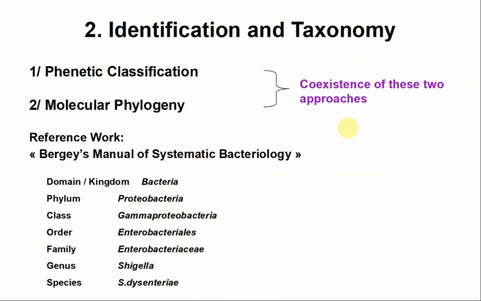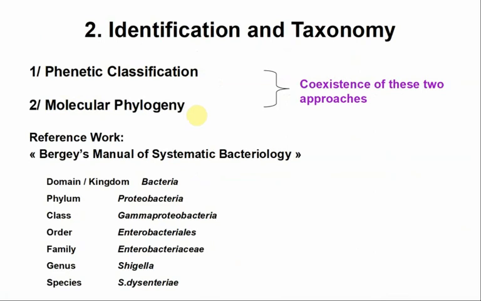So the first attempts at grouping different bacterial species together into genera, and different genera together into families, was all based on phenotypic or phonetic classification. And ever since DNA sequencing has been invented, this has kind of been replaced, or has had to be